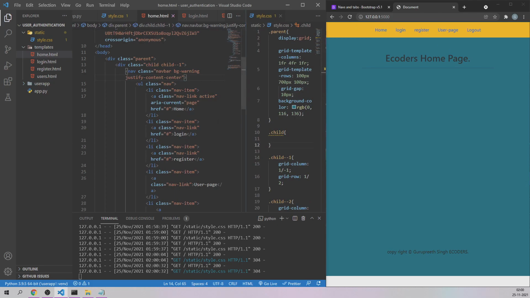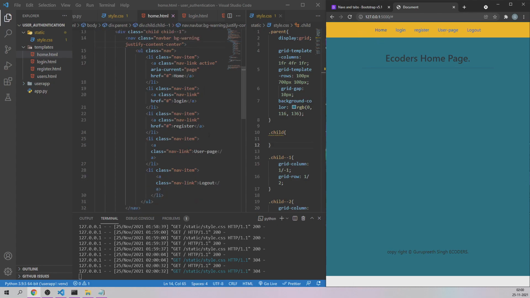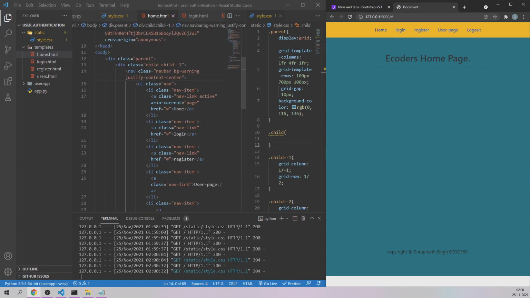Okay, as you can see, everything came back in the center of the page, and our app is looking like this right now. This is still in blue color. We have not created these links yet. We have not given the code to go back to the login page or register page, so it's not going anywhere. So our next job will be to do that.